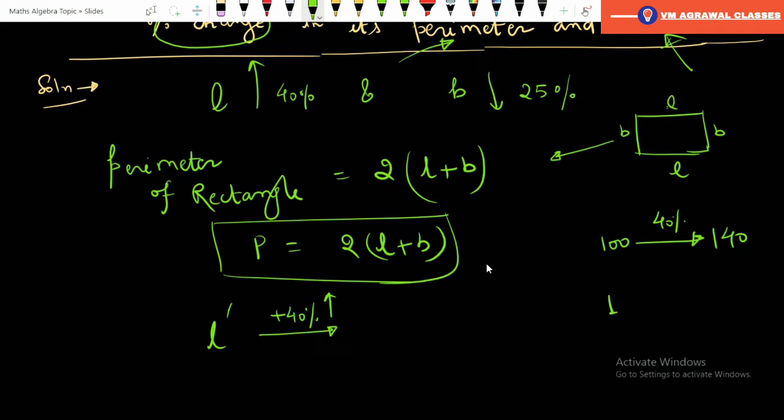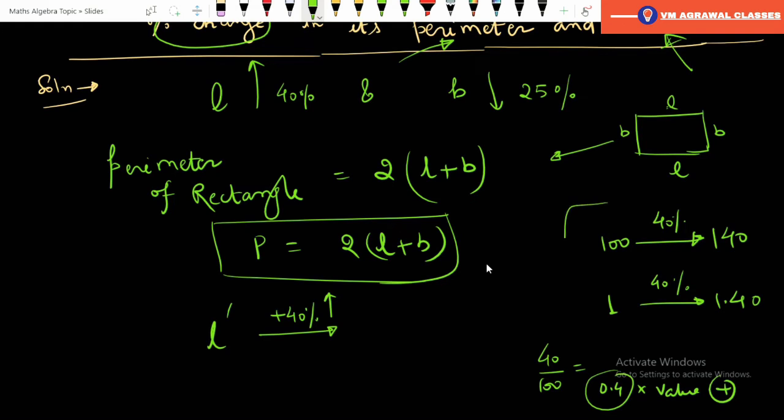If 1 rupee is increased by 40 percentage, the answer will be 1.40. 40 percentage means 40 by 100, that is 0.4, and you add 0.4 of the value. 0.4 of 1 is 0.4 and 0.4 of 100 is 40. You know this already. So now L dash equals